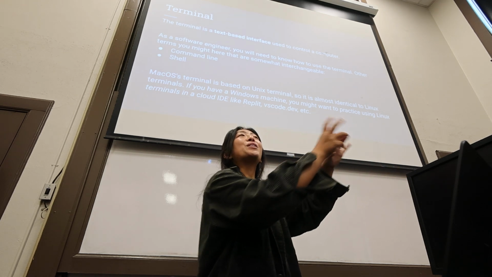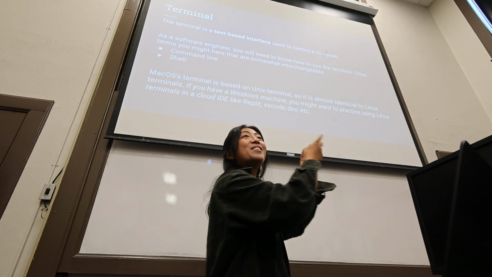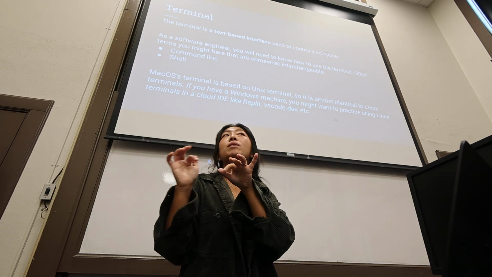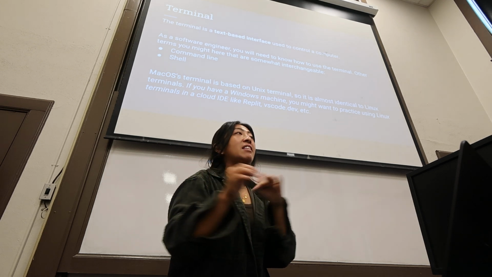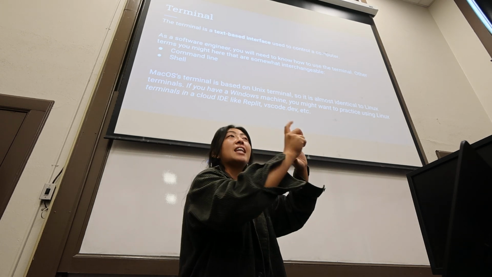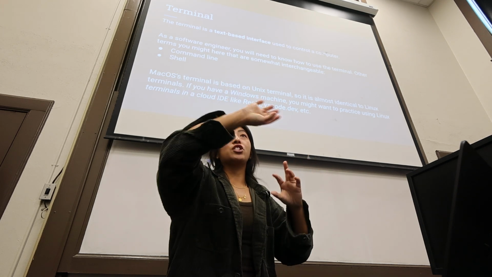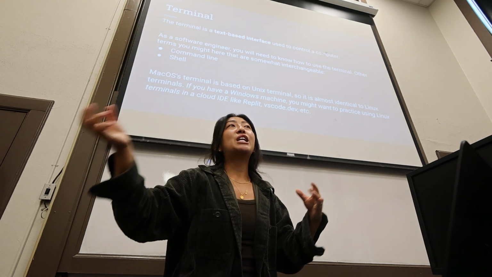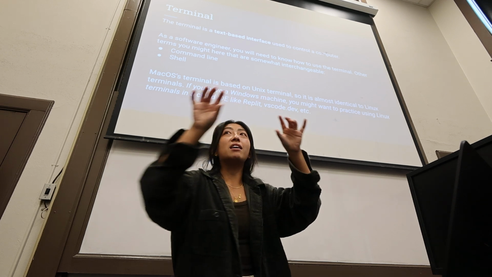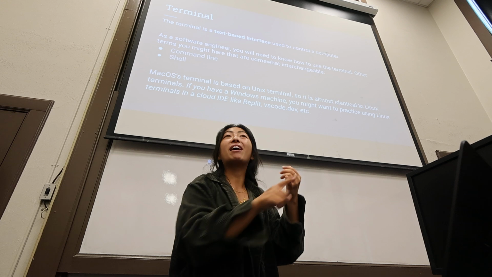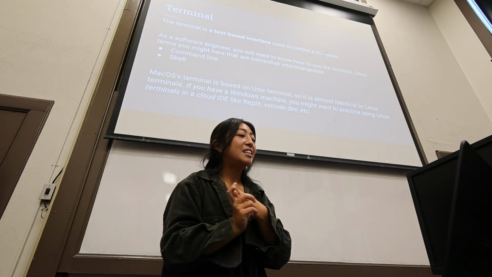Technically, I guess Colab, this IDE in the cloud, is doing it, but it's still like a command line interface because you're telling the computer what to do with your commands. And then the shell is just the thing that processes those commands and then tells the computer the instructions in zeros and ones of what to do. So it's like the layer between the commands and the computer. Those are all kind of interchangeable: command line, shell, and terminal.